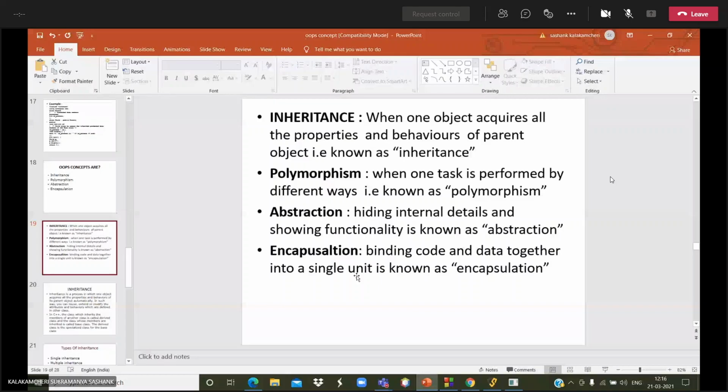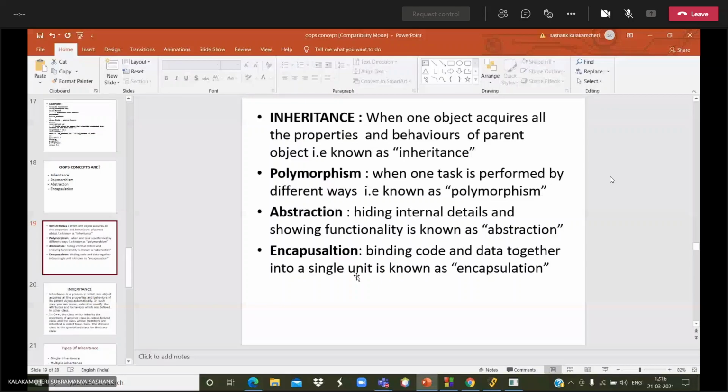If suppose the base class is in protected mode and the derived class is in private mode, then we can access the data within the private mode. Then, if the base class is in public mode and the derived class is in protected mode, we can inherit the data members within the protected mode only. These are the differences in inheritance, and polymorphism also.